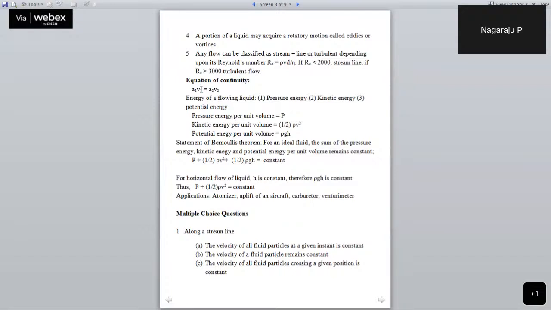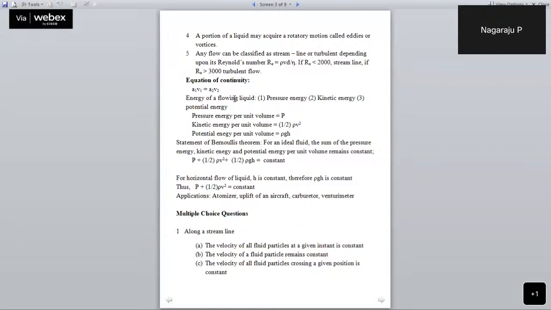Let us say at the center, it may be somewhat less in size, or the depth is less. Suppose the depth, or the diameter, is less in between. In such a case, in between, the velocity will be more. So this is what we have on the equation of continuity.